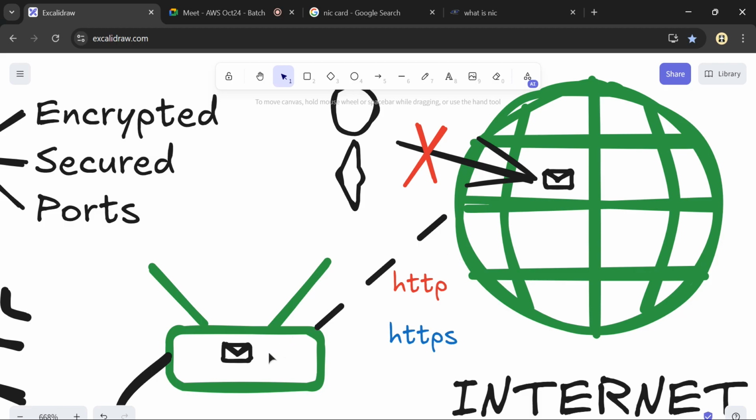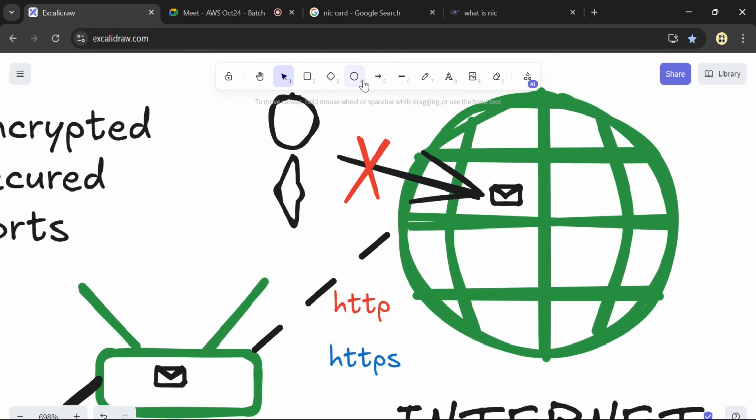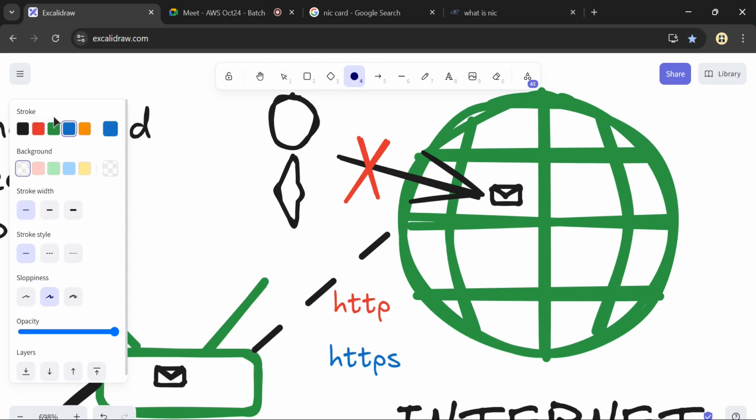Now, whatever message is sent from here to the public internet, if that message is following the HTTP protocol, then there are high chances that this message can be easily accessed by anyone. Okay, because see, this is a public internet. Anybody can read this message because this is an HTTP protocol. HTTP is like you are sending something openly. You are not sending it in some envelope. You are just